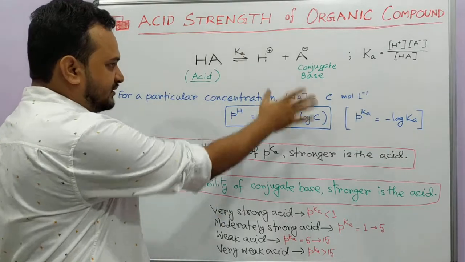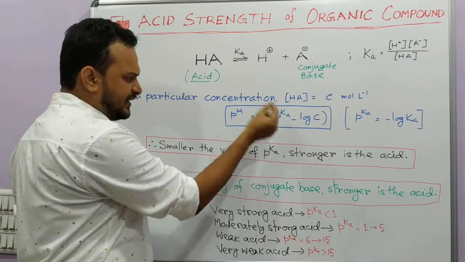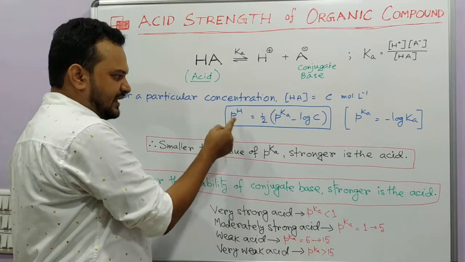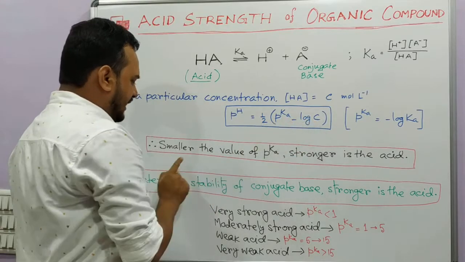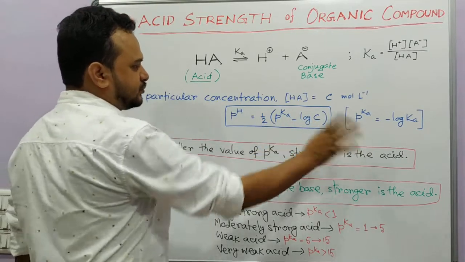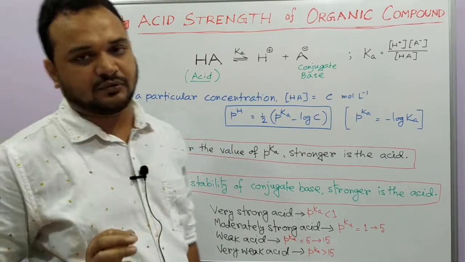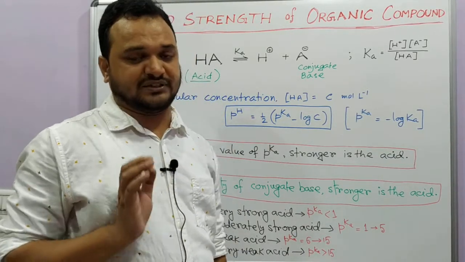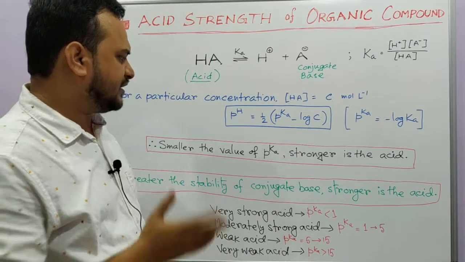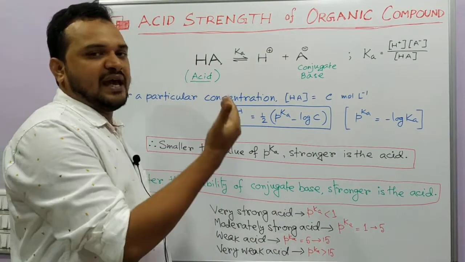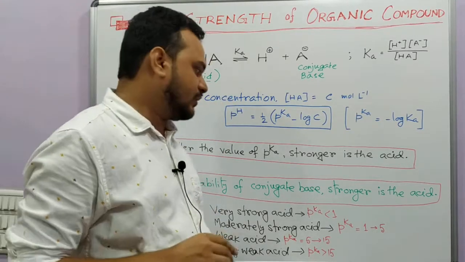So from this discussion, it is clear that if the pKa value is very small, that means pH value is very small for a fixed concentration of acid, and smaller the value of pKa, hence stronger will be the acid. So we will actually compare the acids in terms of their pKa value under a fixed temperature. Okay, so at a fixed temperature like room temperature, we will compare the pKa value. The acid which is giving you smaller value of pKa, that will be the stronger acid.